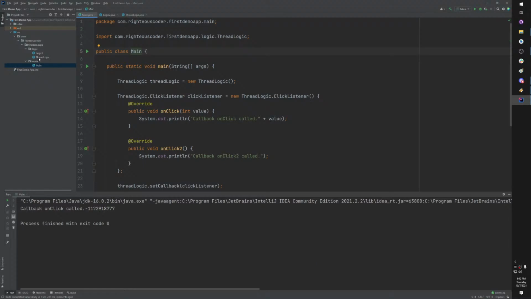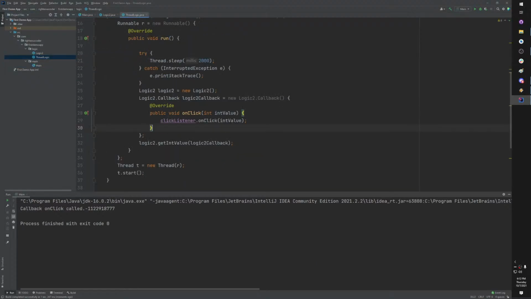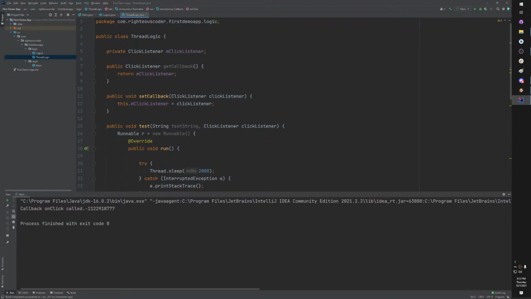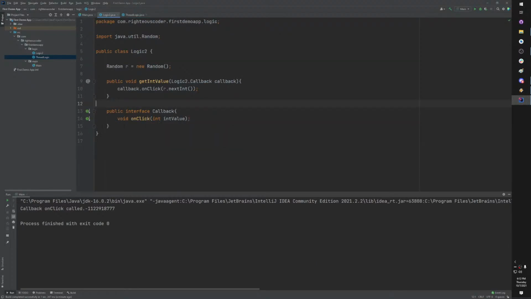So any changes I make in logic 2 are only going to affect this class because inherently, because they're in the same package, it can use logic 2. Doesn't need to have an import. I come down here. Now, could I just have easily made